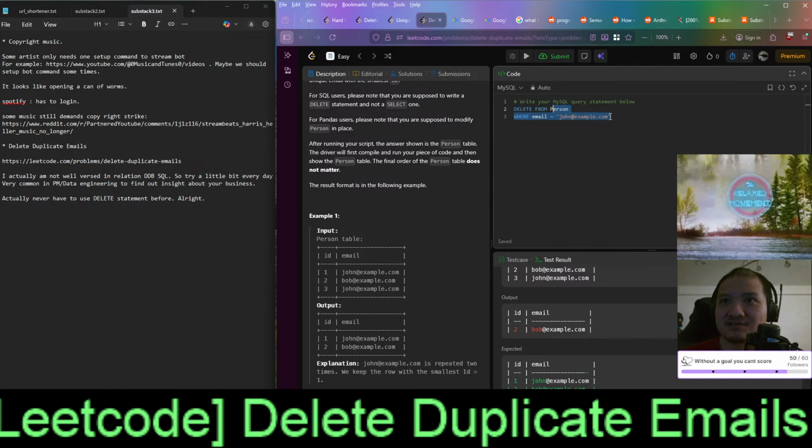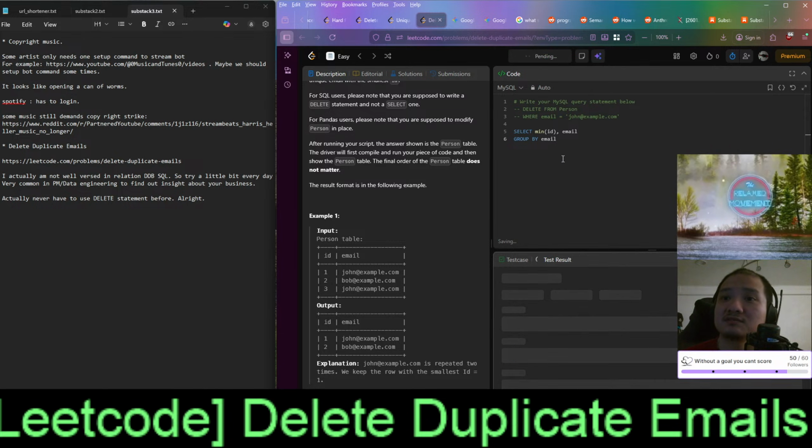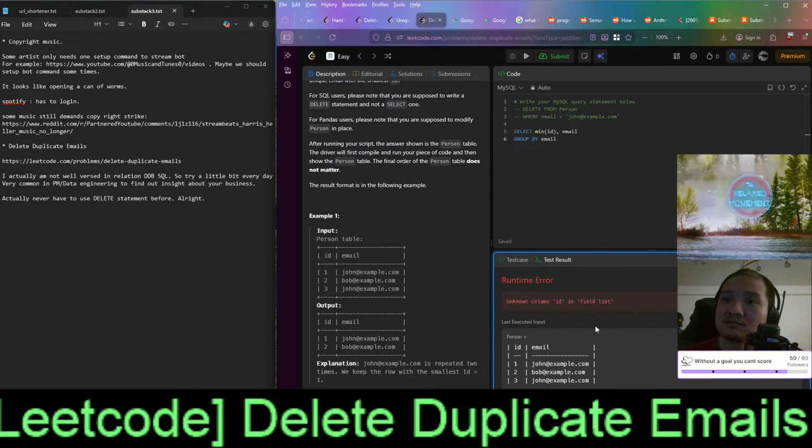So first we gotta select ID, the minimum ID, and we gotta select the count of email, then group by email, right? What does it give us? Oh, from person.